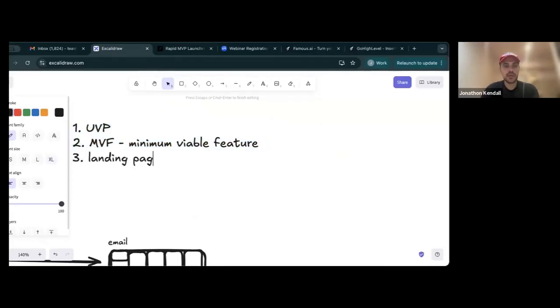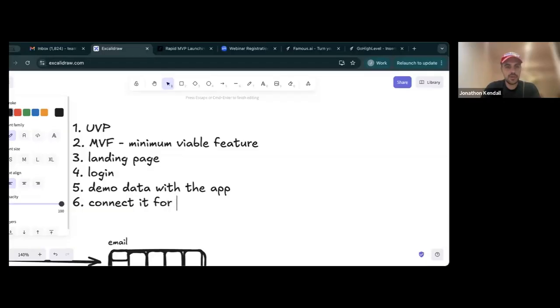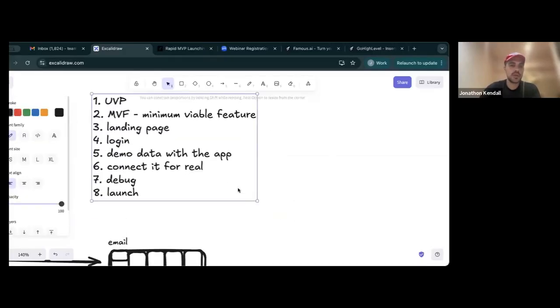Then you build a landing page so that it's real. I usually say do the login and then the demo data with the app. Then actually connect it for real, debug, launch. So this is what I've been teaching for the last 6 weeks or so.